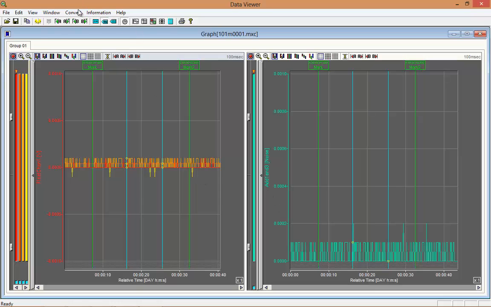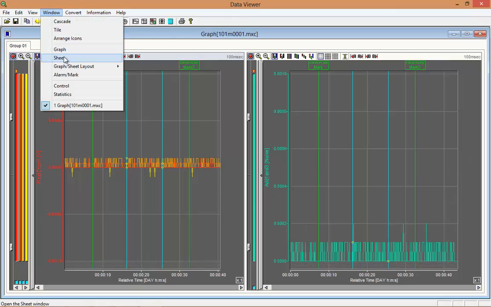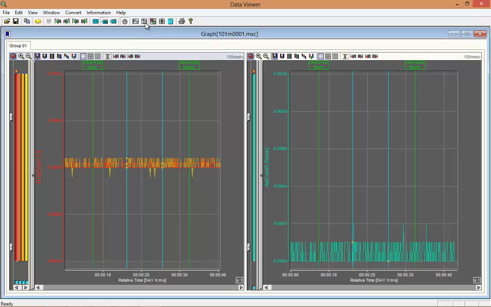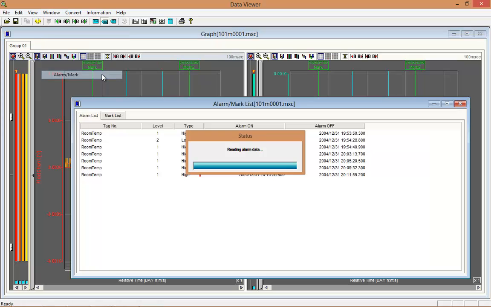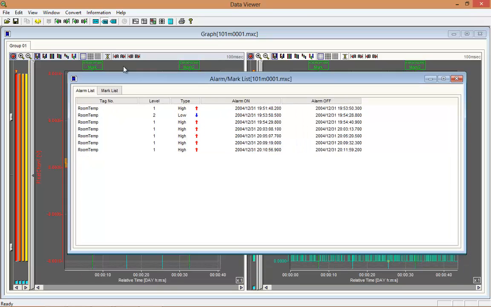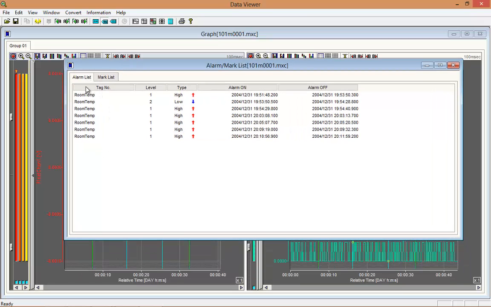So you can essentially see it under sheet view here, or here's sheet view as well. So there's the graph view, there's the sheet view, there's your absolute time, relative time. So a lot of these things that are in the menus are also on buttons. So I can tile automatically, horizontally, vertically, alarm mark. So here I can see all my alarms,